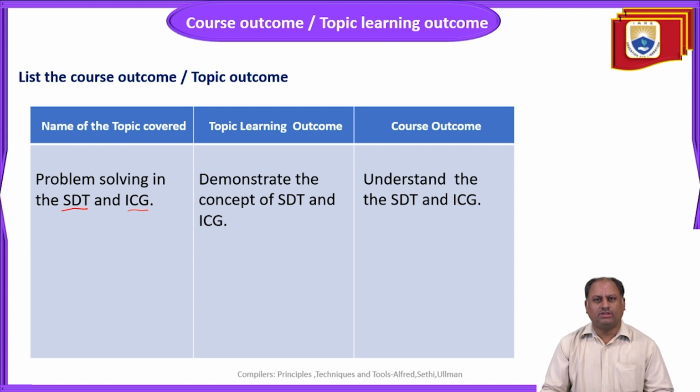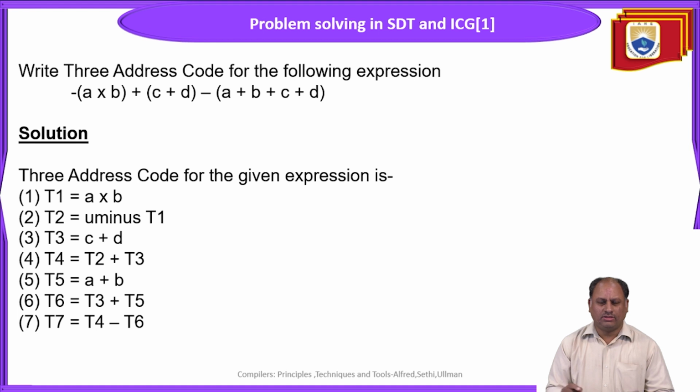In previous lectures also, we have seen some of the problems related to intermediate code generation, that is three address code, and syntax directed translation, such as parse tree and parse tree notations. Now let us see some of the problems here. Here also, how the three address code can be implemented with this type of structures. For example, in this expression,